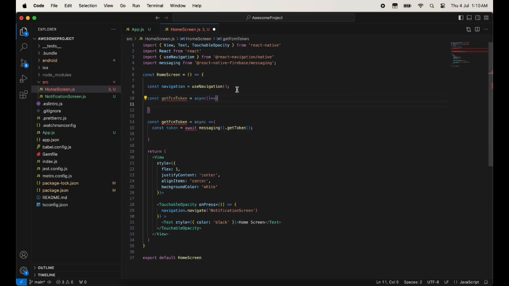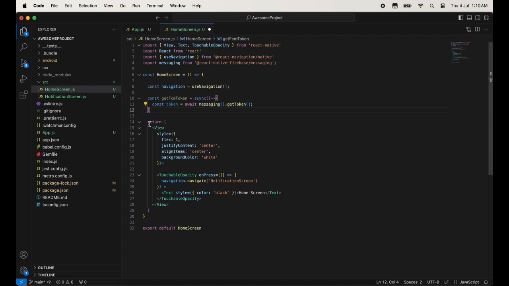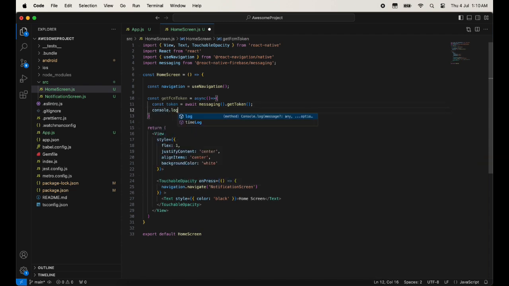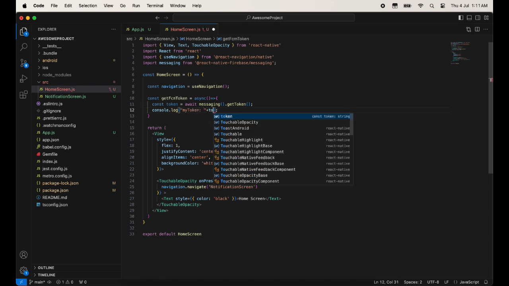Okay, and then cut this and then paste here and remove this function if you are facing any error. Okay, now error resolved, and now I'm going to write console.log and then print this token here. So just write my token and then we will use this token,